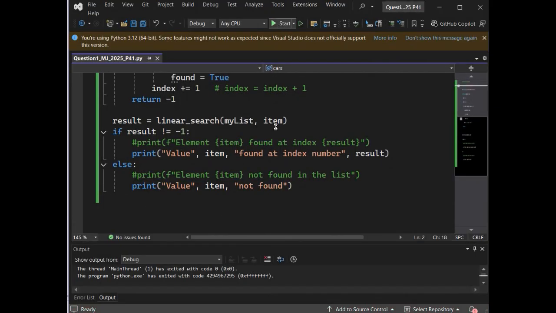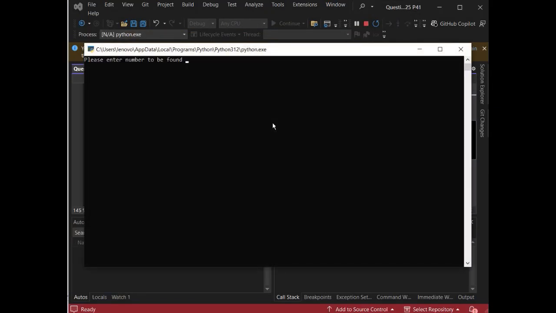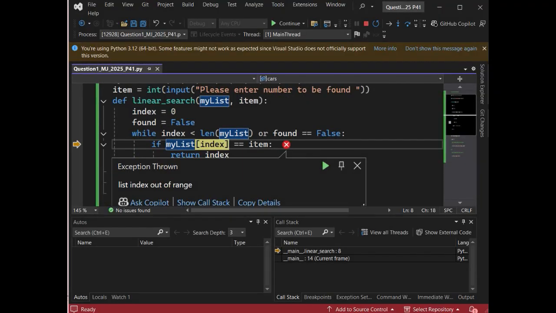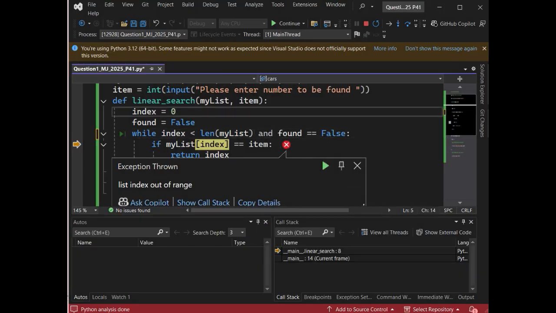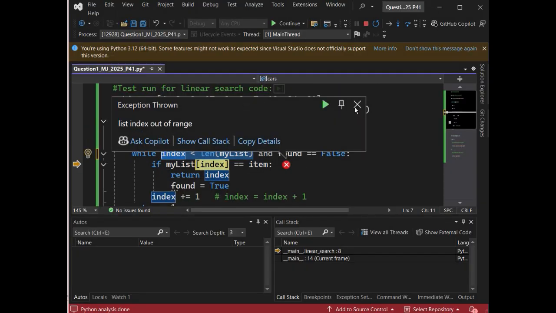Now I'm going to reiterate it. Now I say minus 12. Now it says a problem: list index out of range. Why? Because of a little problem I wrote. Over here I should have written and, because right now it is ignoring this condition and going ahead, like it has reached the end of the array.